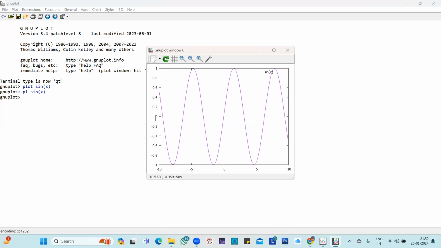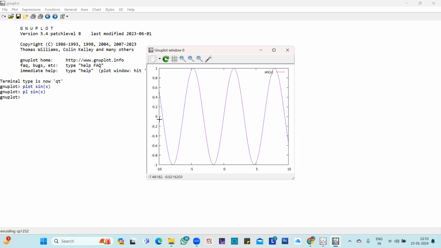The graph is a two-dimensional sin x plot that is plotted in a separate window. The axes are also shown here, and the X and Y axes are labeled on their own. So even if you don't mention anything else, just plot sin x, you haven't mentioned the range or the legend or the color of the graph, but it has given you everything. This is actually very simple